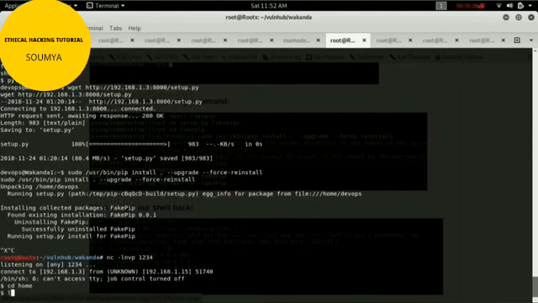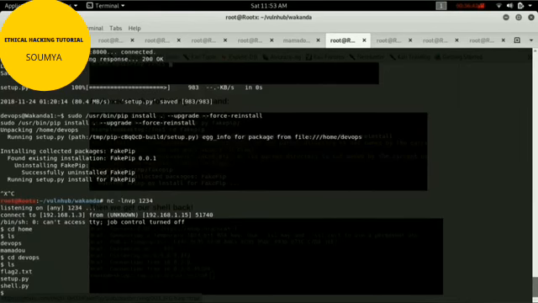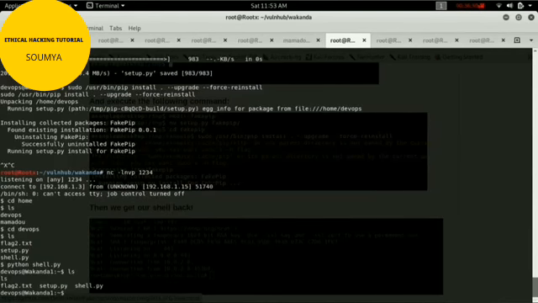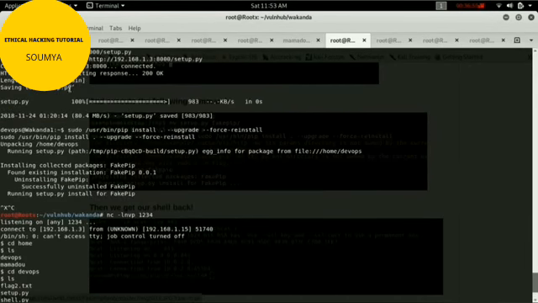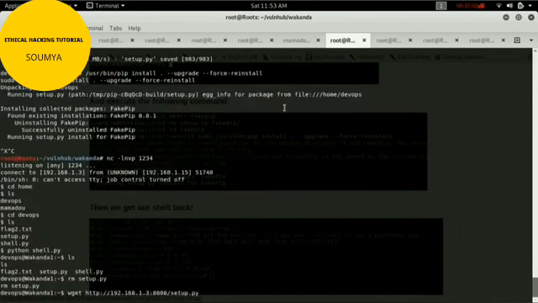Okay, let me go to the home, DevOps, and let me run shell.py. Okay, I don't want setup.py file, just remove that one, the old one. Just download the new file. The new file is downloaded. Let me run with sudo.